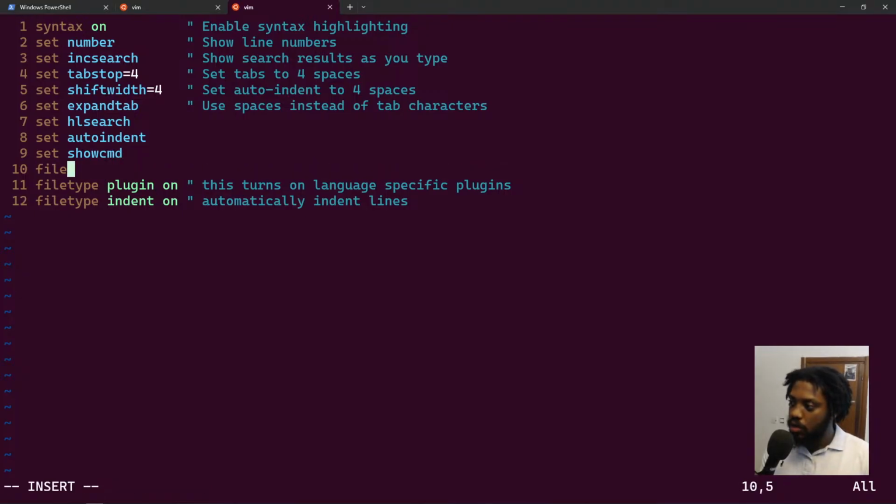I'll say filetype should be on. Enables file type detection, I think. I might be wrong, but yeah, I think this goes along the line of detecting what kind